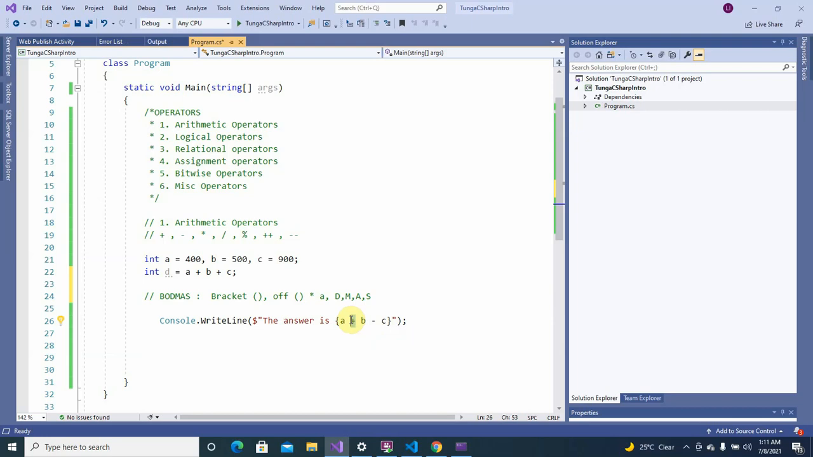Which one of them would be operated first? Is this, because it's addition. Addition comes before subtraction, so this will be treated first. It will be a plus b first, then their answer will be operated with minus c. Okay? So take for instance, if you have